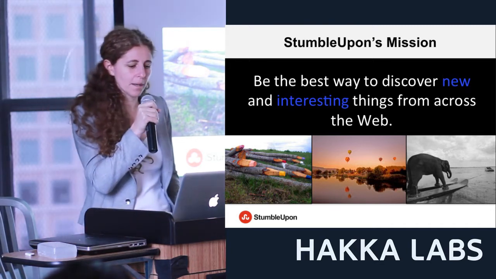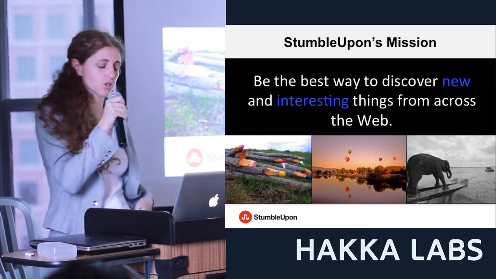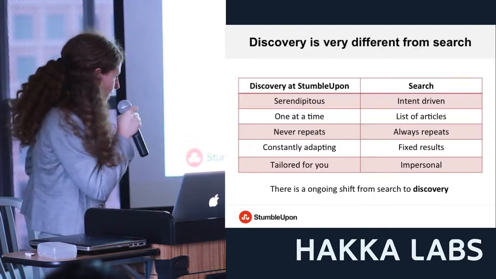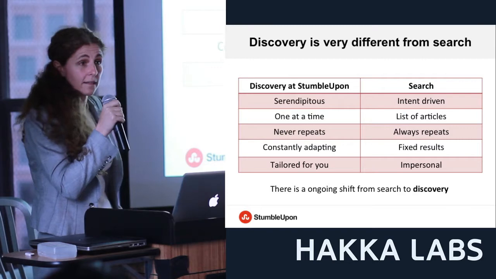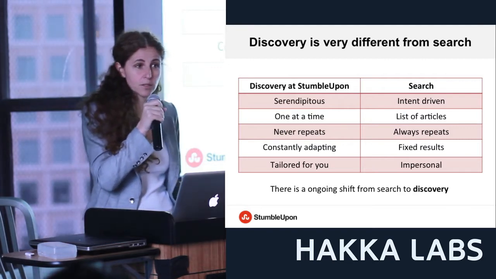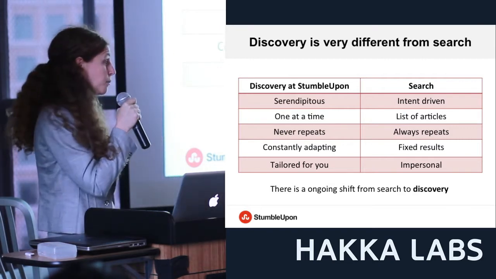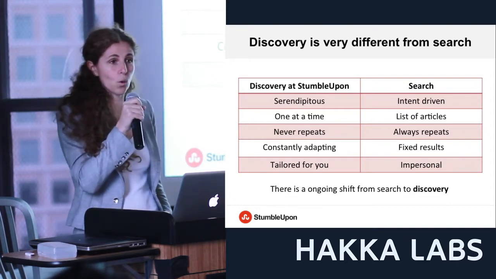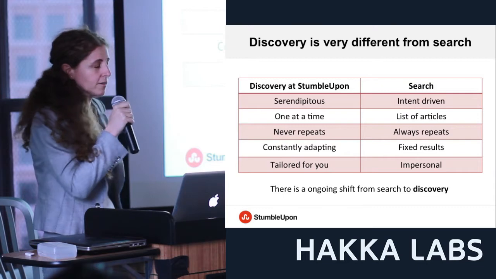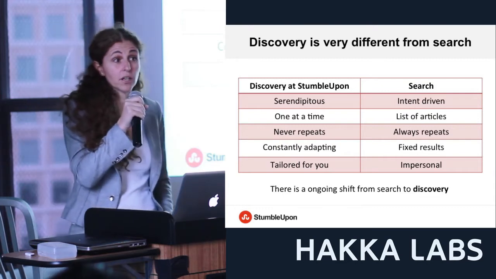And this problem was serendipity search. After 11 years, no one is still solving the problem of serendipity search. Not the big players, not Google, not Bing, not Yahoo. Why? Because it's an extremely difficult problem.